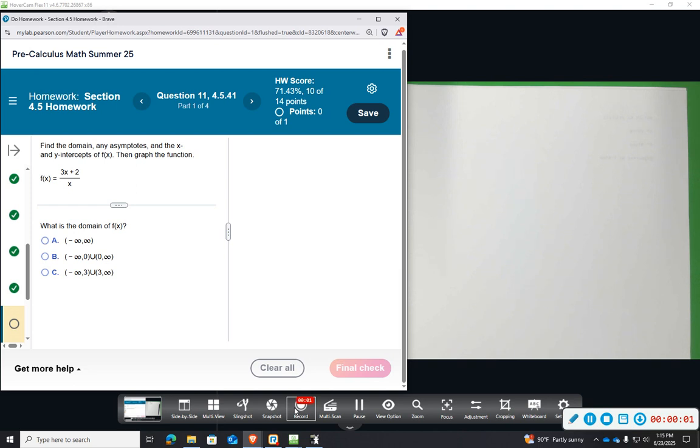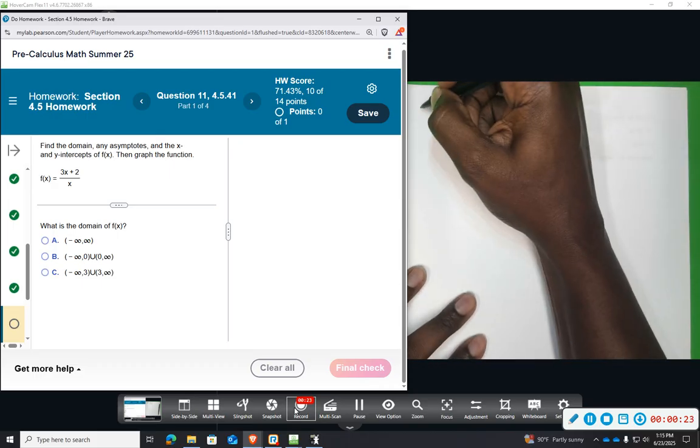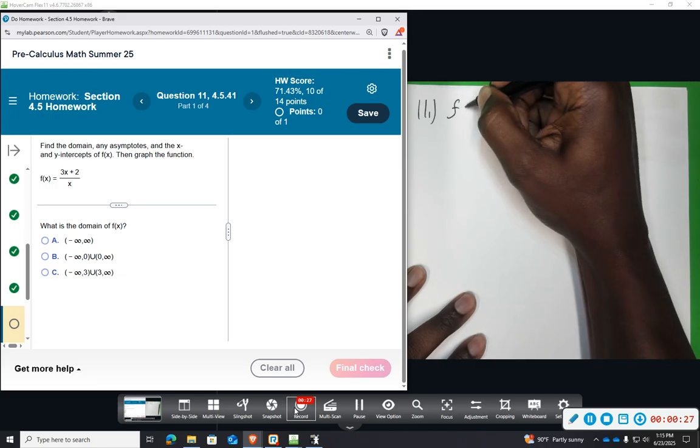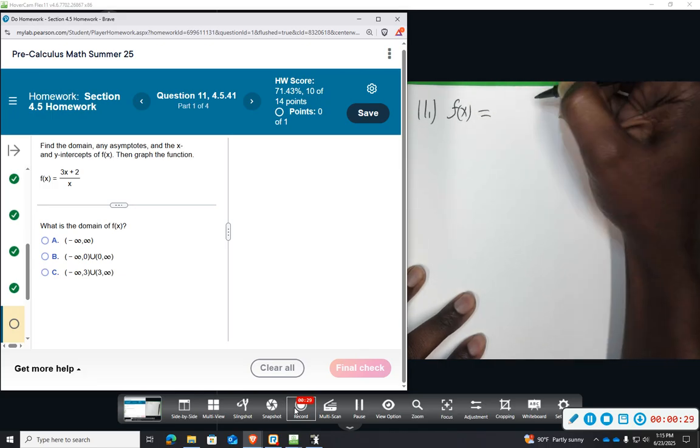All right, question number 11. It wants us to find the domain, any asymptotes, x-intercept, y-intercept, and graph the function. We're going to do all of this by hand, and then we're going to check with the graphing calculator once we finish. So let's start with our function f of x equals